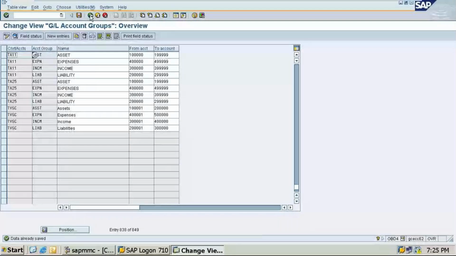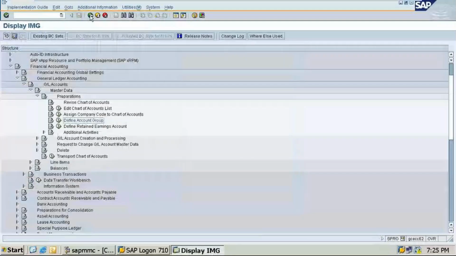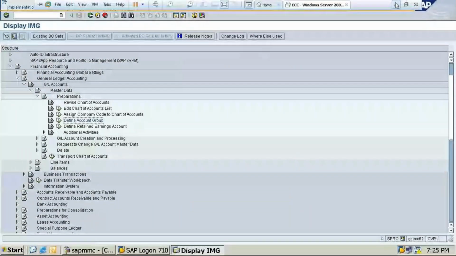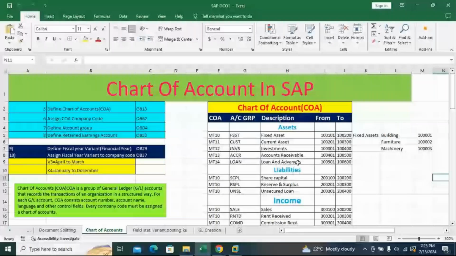Now the last one is define retained earnings. So retained earnings account, what is that? Let me check what is the retained earnings. See here, students, retained earnings account.